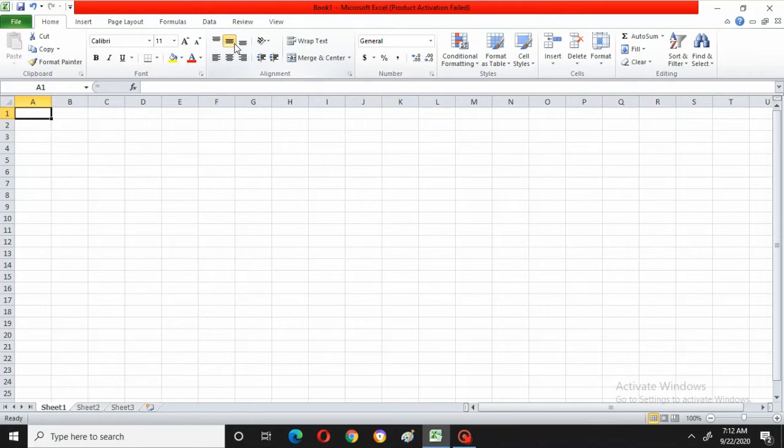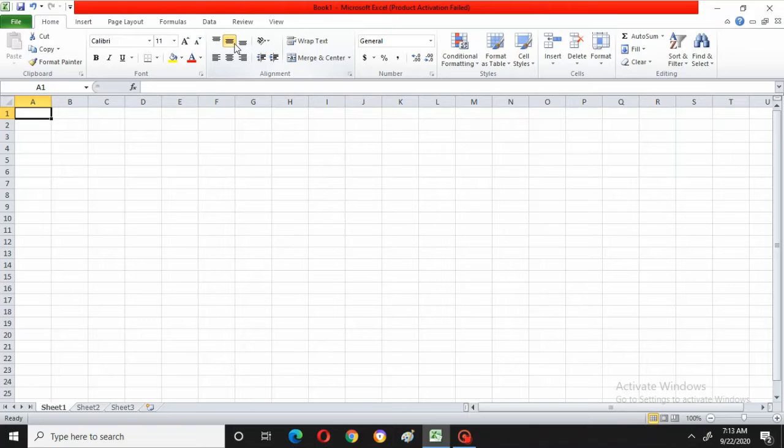So the purpose of this is only for calculations, using formulas, and charts. Suppose you take a student, what is his report at the end of the year. His total data can be shown in the form of a chart, and that chart can be done through Excel. So this is the purpose of Excel.